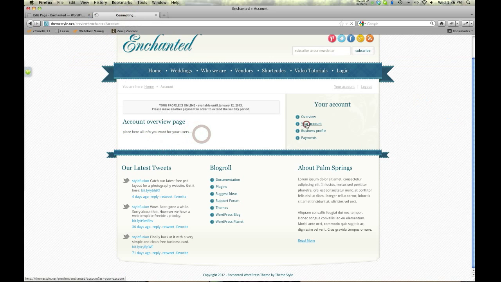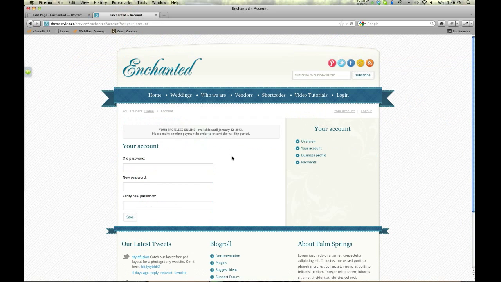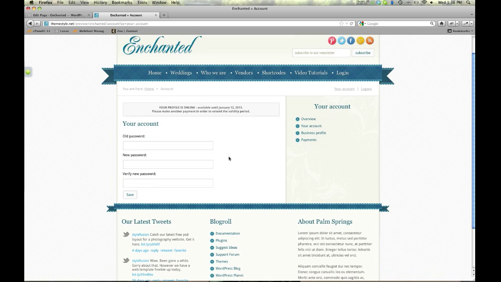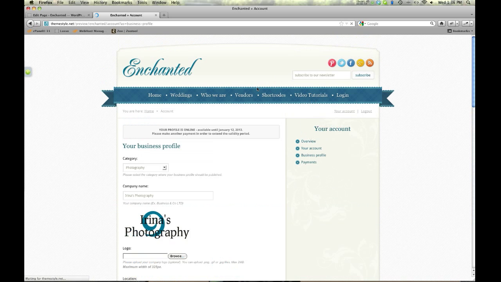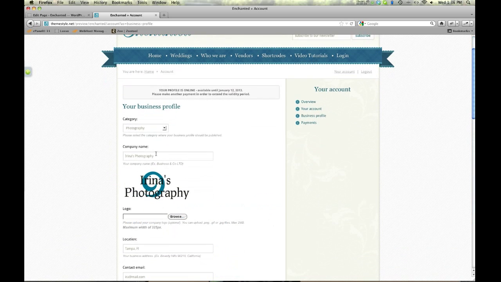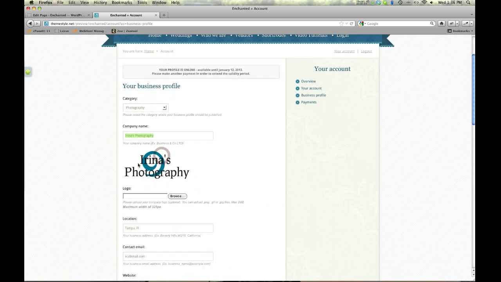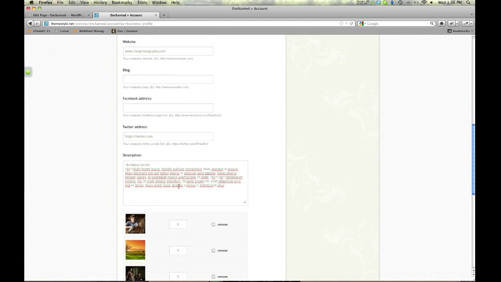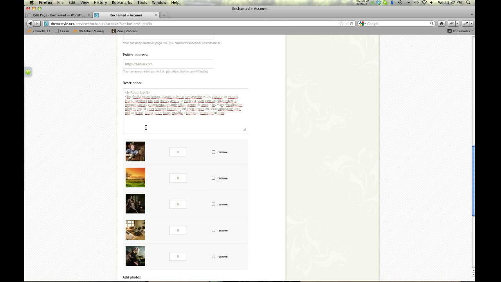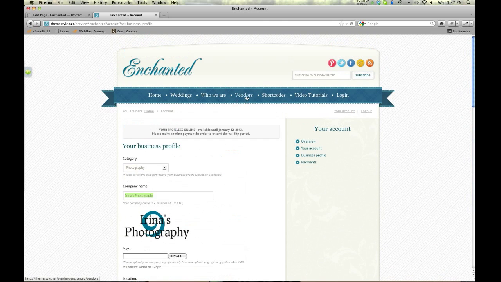Your account link is just that. If you need to change your password or update it, you would do that here. Your business profile is the actual physical listing. In here we have the category you're under, the name of your company, your logo, your location, all your information, stuff about your website, your company, your Facebook address if you have one, your Twitter address, things like that, and the actual image gallery. So you can kind of follow along,